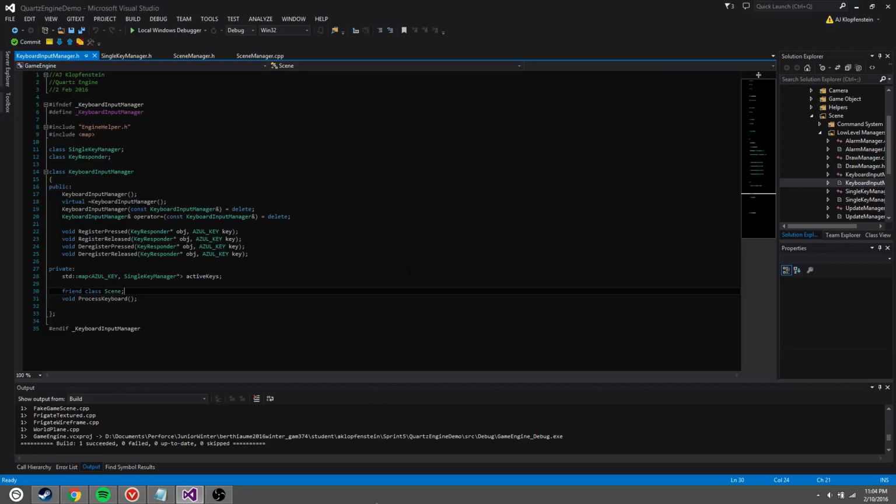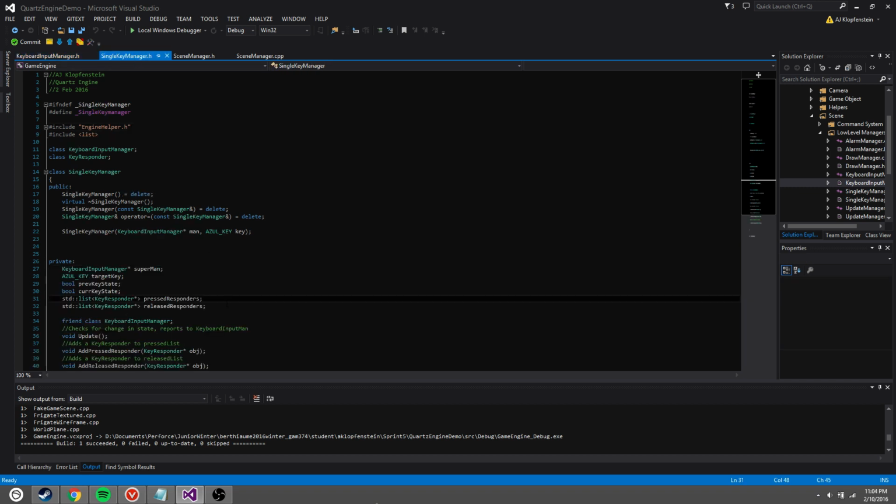For this week's sprint, it's been a lot of cleanup. First of all, I got the keyboard input management system correctly done, so the keyboard manager of the whole system only deals with a list of single key managers that are active. The single key managers are the ones that look at and go through